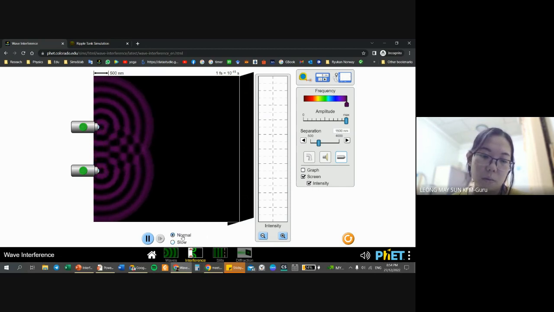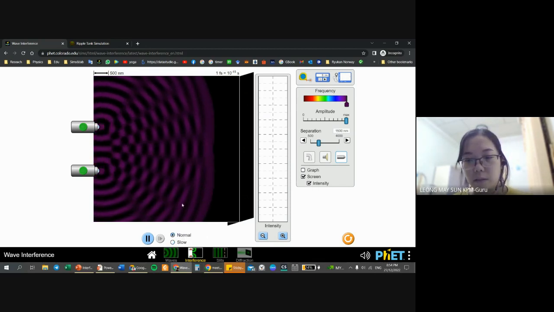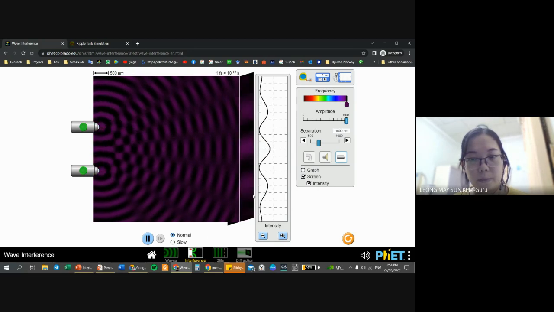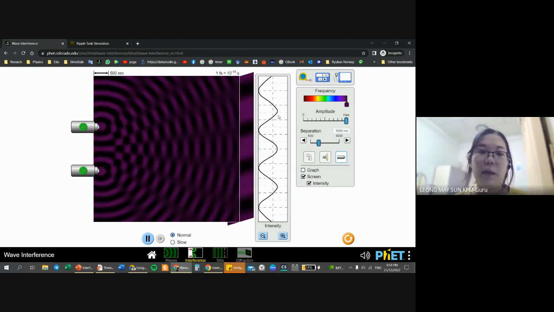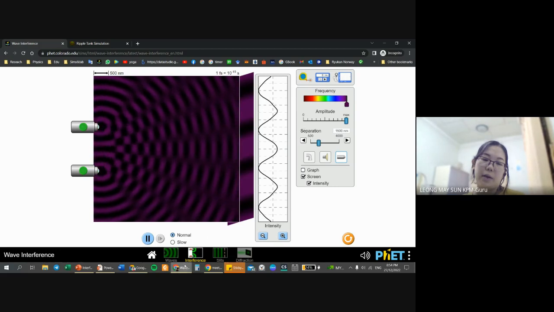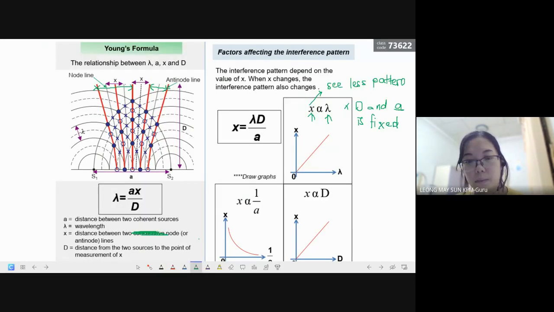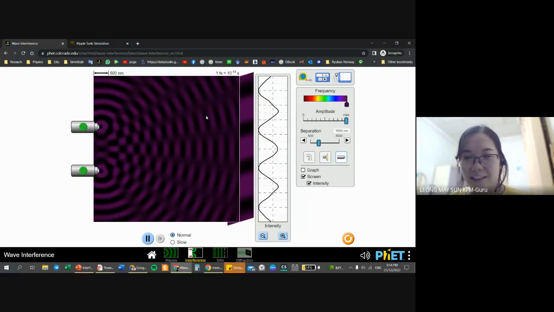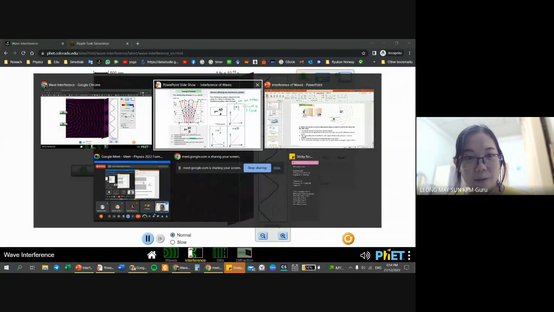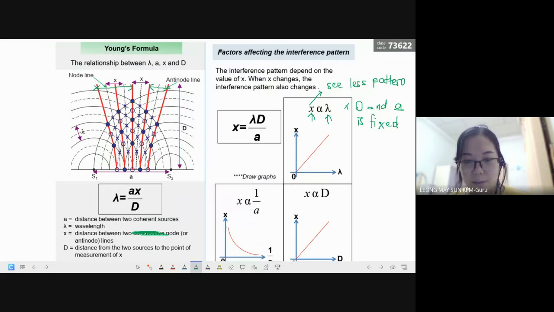Oh, no wonder it's so slow. Let's make it a little bit faster. So here, wait, did I analyze correctly? Yeah. Wavelength increase. I'm going to show you guys frequency increase. So sorry. Okay. Let me go back to the PowerPoint slideshow. It's better for me to rewrite what I'm going to show you so that I don't confuse myself.